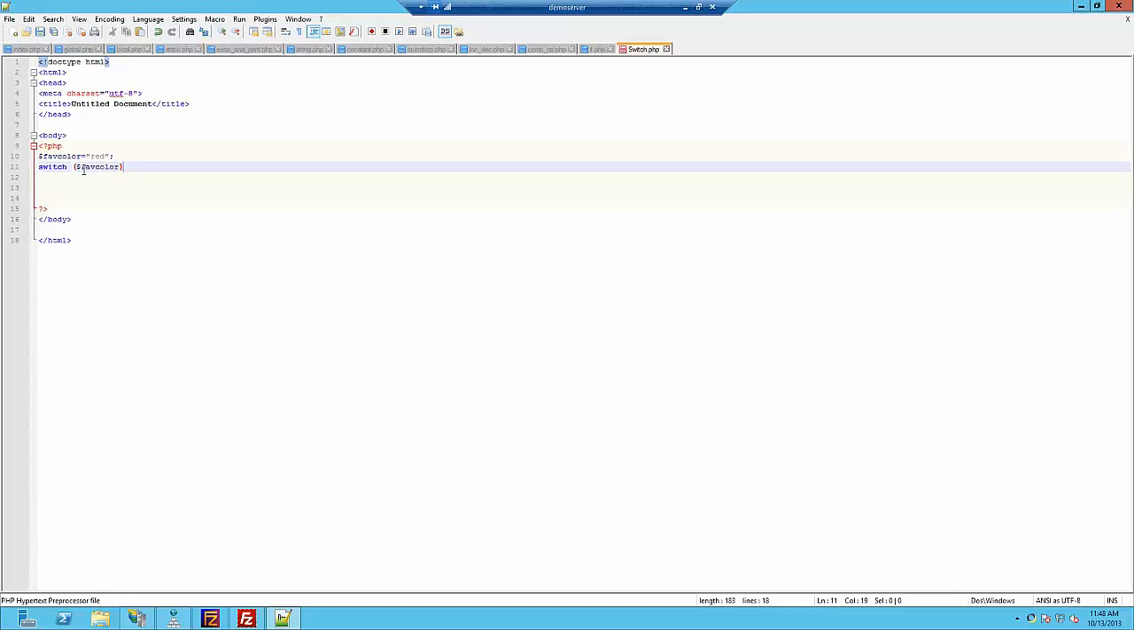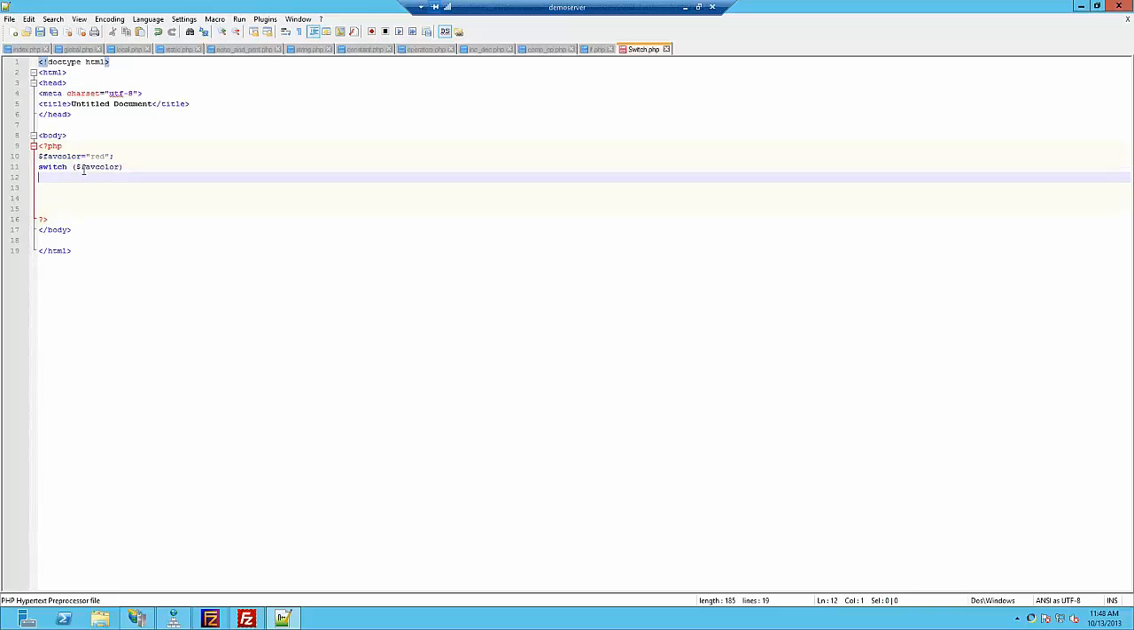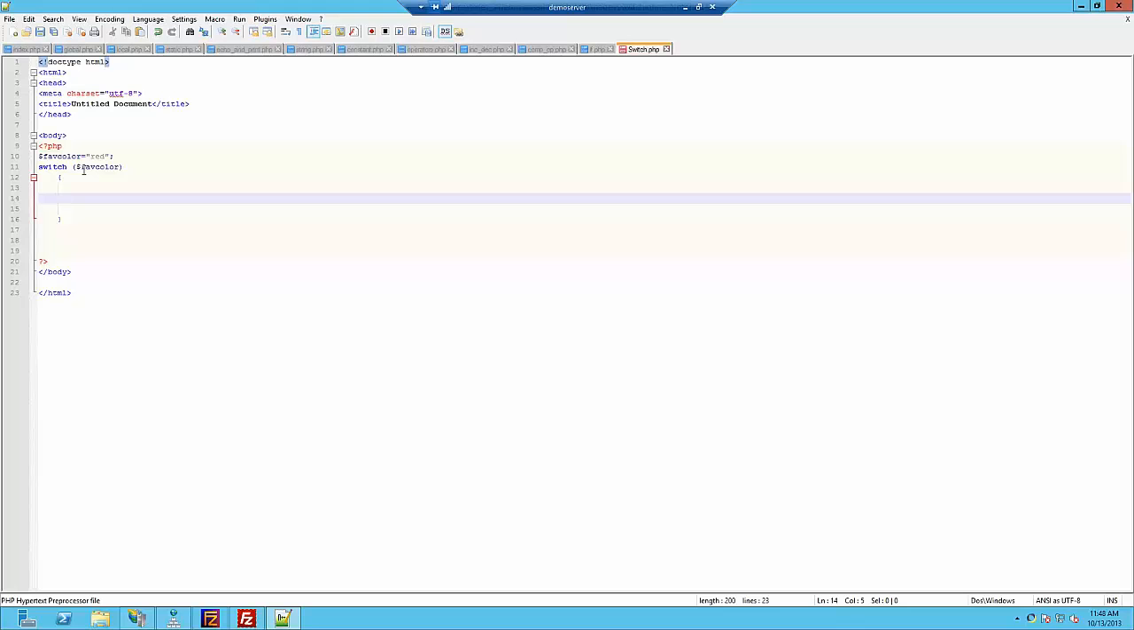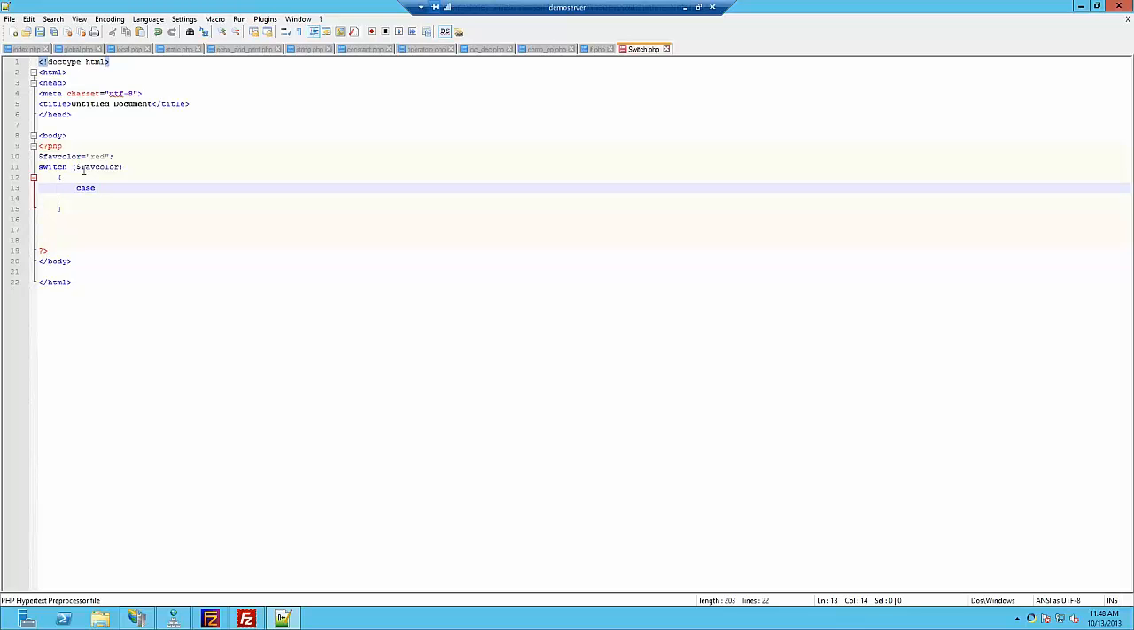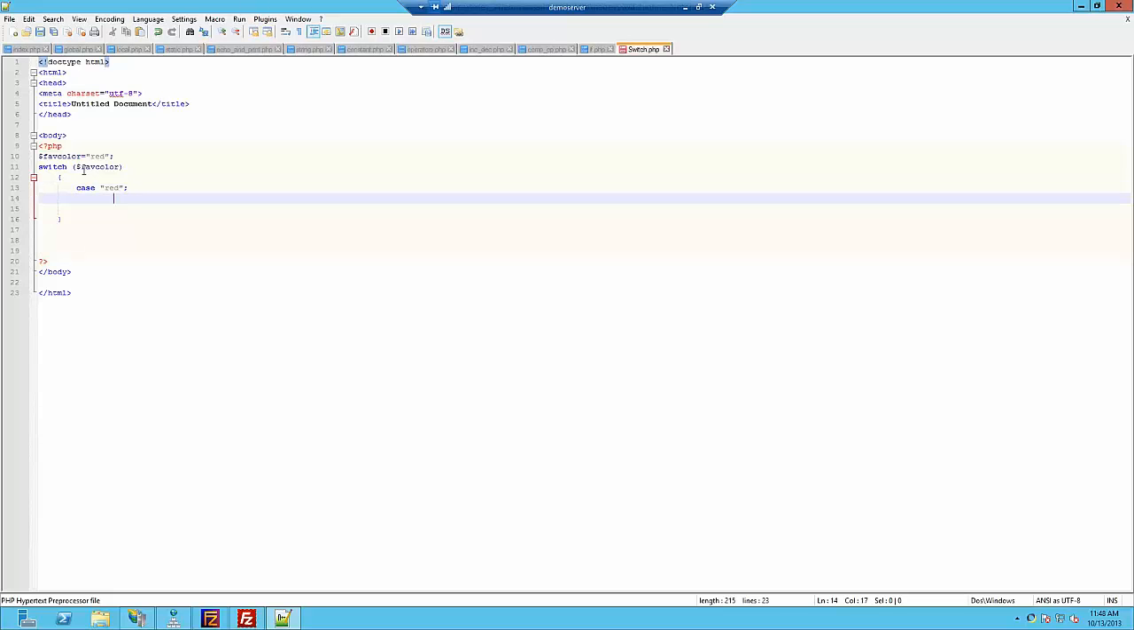Okay, now we're going to create a switch for that. So I'm going to open up my switch and close my switch, and inside of my switch I'm going to go case. This is the first case. If the color is red, then it needs to display the following message: echo